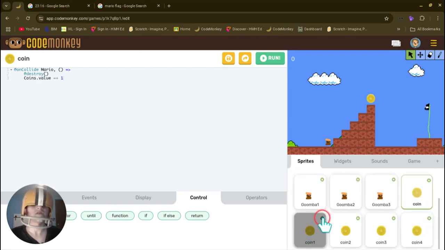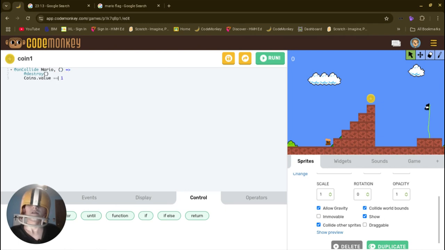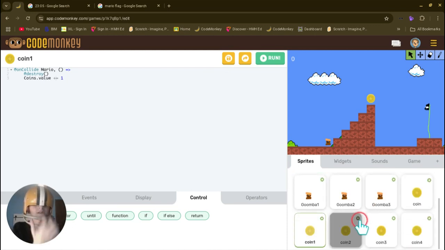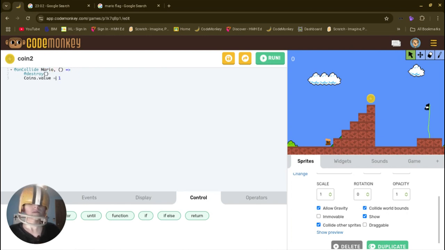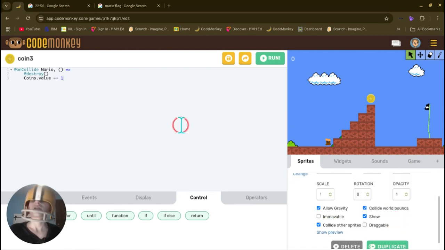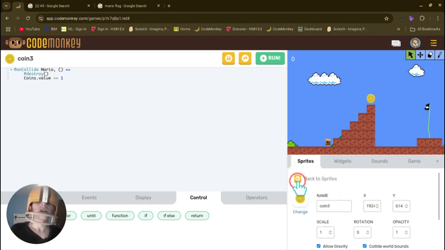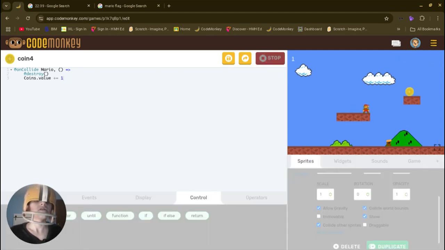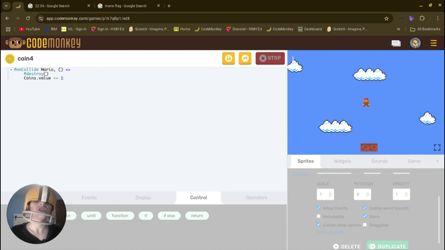Okay, now I've got to do that for every single coin now. That's great. Okay, going at a pretty good speed though. I'm going pretty fast. Alright, plus. Hopefully that's what makes it work. Because I think I did actually do that wrong. There. And the final coin. Oh, it already has that. Okay, so now if I did this correct, which I didn't,